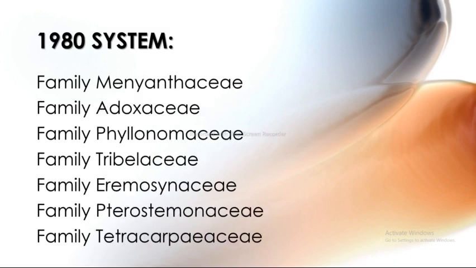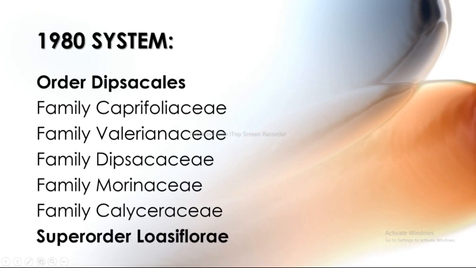Next is the Mitrasacmataceae, and the next is the Adoxaceae, and the next is Paulowniaceae, and the next family is the Tribulaceae, and next is Eremosynaceae, and next is the Pterostemonaceae. Next is Tetracarpaeaceae. And the next order is the Dipsacales, and this Dipsacales includes the families which is